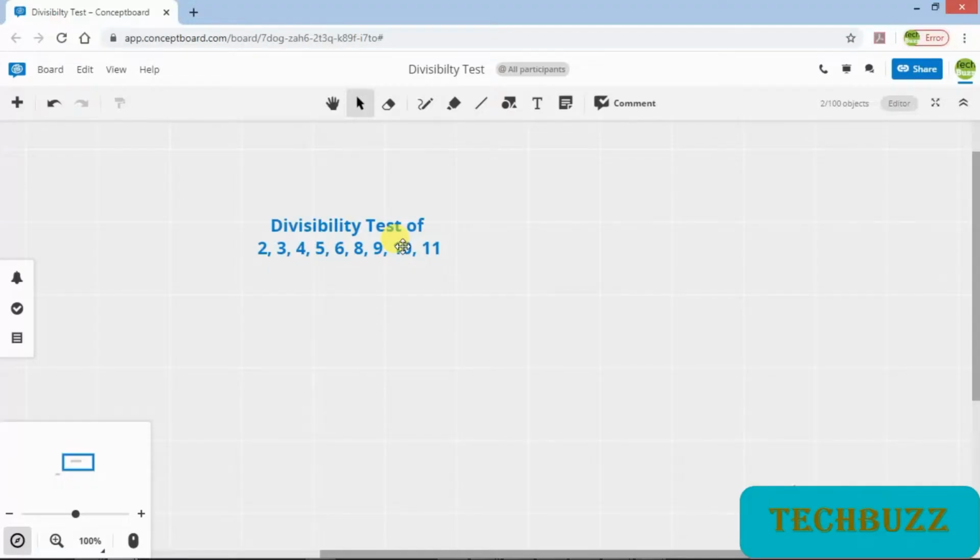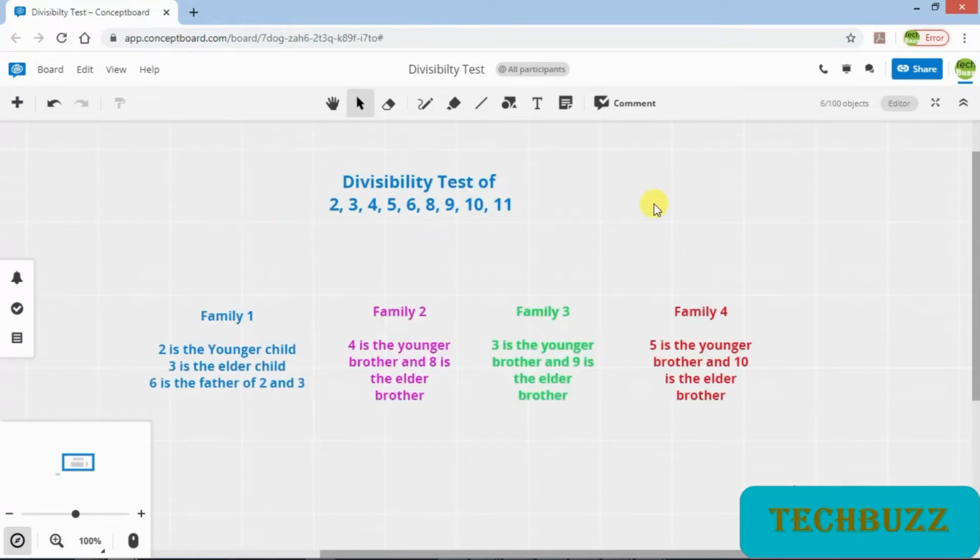So watch this full video to learn the divisibility tests of 2, 3, 4, 5, 6, 8, 9, 10 and 11. Now I have divided numbers into 4 families. Family number 1 is 2, 3 and 6, where 2 is the younger child, 3 is the adult child and 6 is the father of 2 and 3.